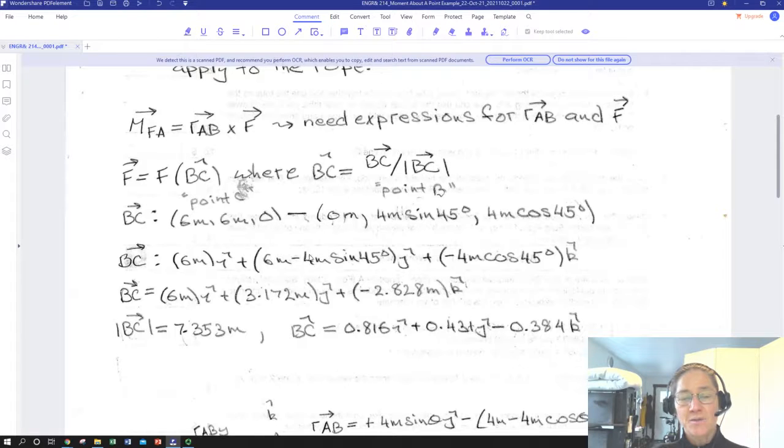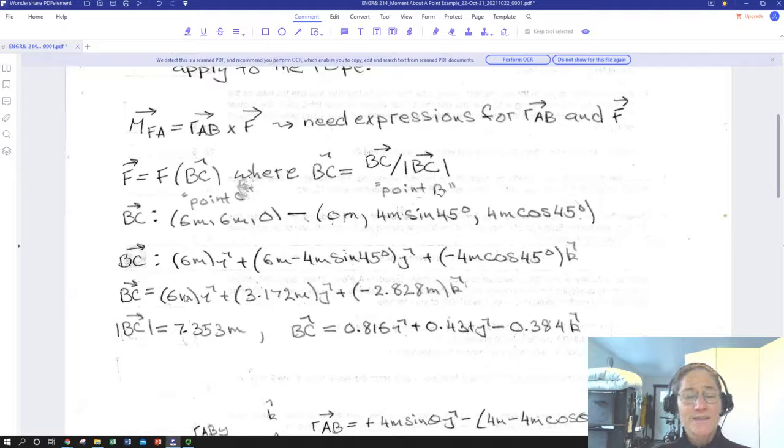6 meters i hat, and then 6 meters minus 4 meters sine 45 j hat, plus negative, because it's going down, 4 meters cosine 45 k hat. And just for simplicity of writing, we're going to turn those into numbers and chop it at 3 decimal places. So 6 meters, 3.172, 2.82 meters, negative. And we can divide this, we can